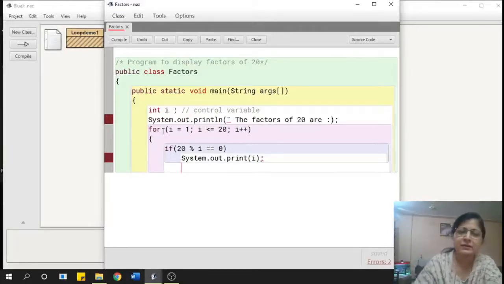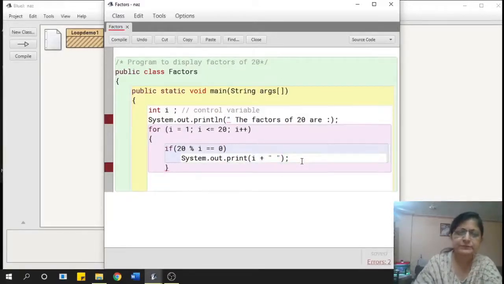Okay, and I want to print with a space, because otherwise it will just stick the numbers to each other, so I will put plus a space here, so it will print the numbers after leaving one space. Okay, and in my for loop, first it will check for 1, then i++ will make it 2, so it will check 20 divided by 2, if it divides it will print 2, then it becomes 3. 20 divided by 3 will not equal 0, so it will not print.